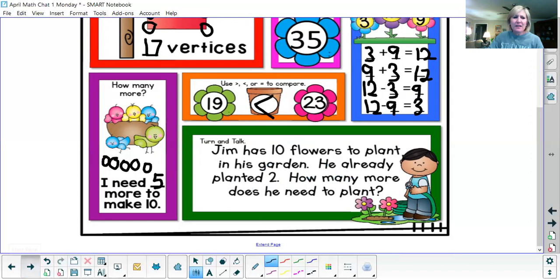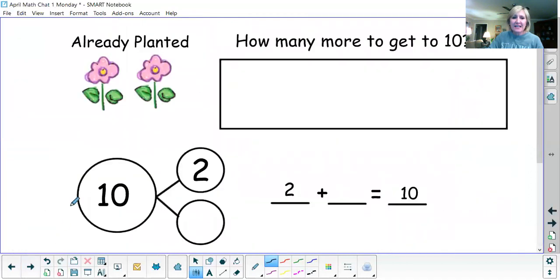Well, let's think about that. He needs to plant 10, but he's already planted part of that. He's already planted 2, 1, 2. So we want to know how many more plants he needs to plant to get to 10. So I'm going to use the count on strategy. It's just so easy. I'm going to start with the part that I know. I know that he's already planted 2, and then I'm going to keep on adding on until I get up to 10. So I'm going to put 2 in my head, because he already has 2, and then I'm going to add on. So 2,